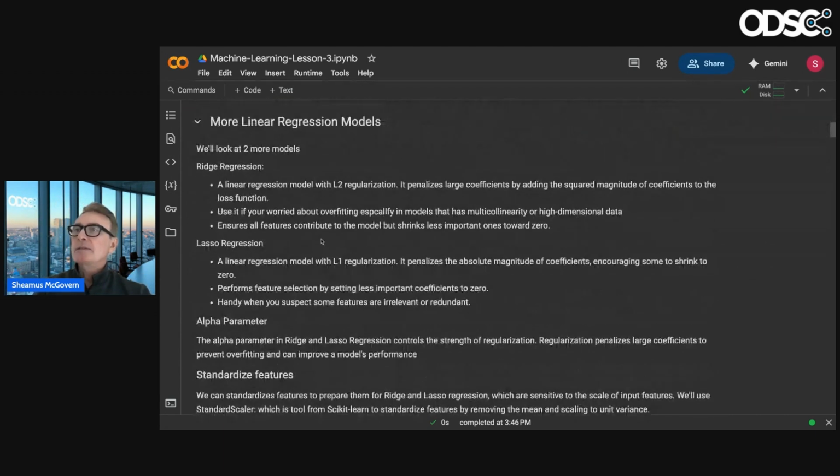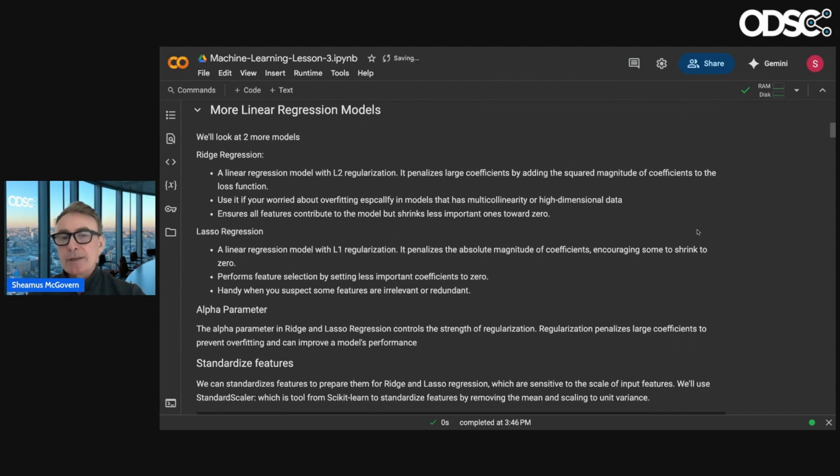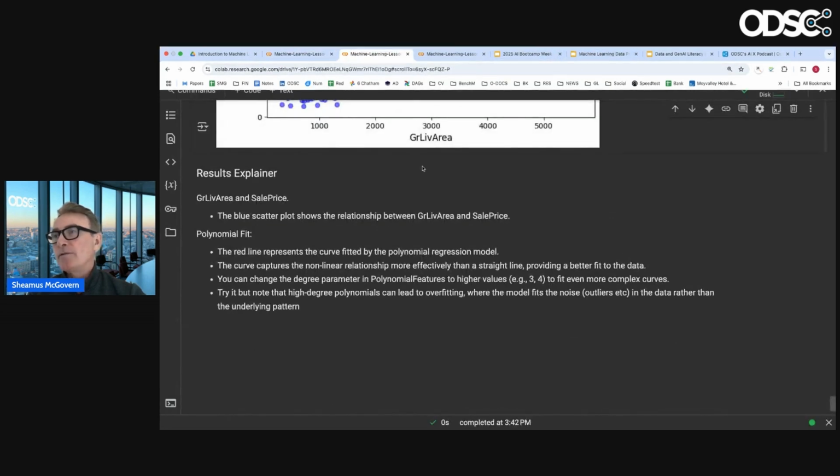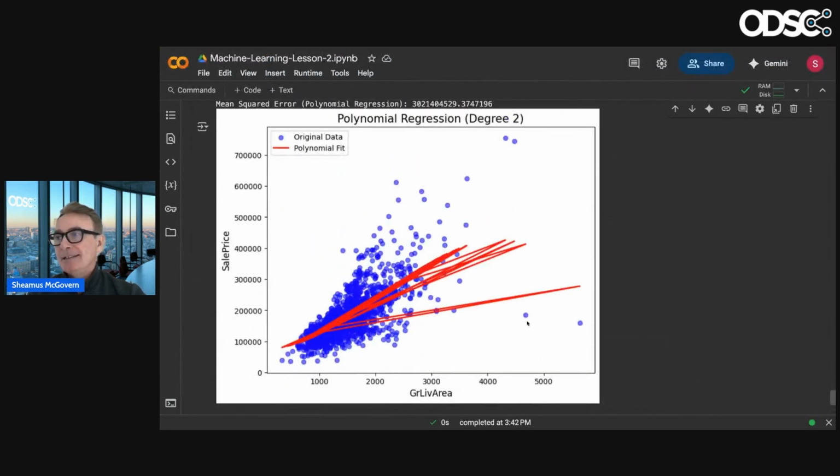So what I want to do is try different types of linear regression models. A lot of times when we're dealing with linear regression, as I showed you in that last notebook, we're dealing with overfitting and underfitting, right? So this one here I think is overfitted to the model. This one here might be underfitted. So overfitting means it's predicting too well.